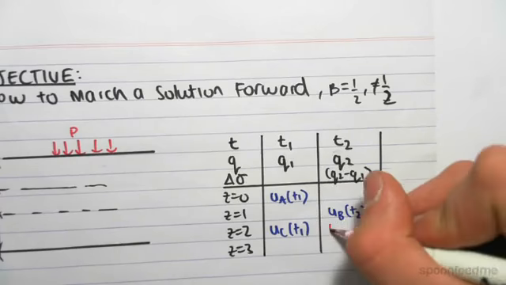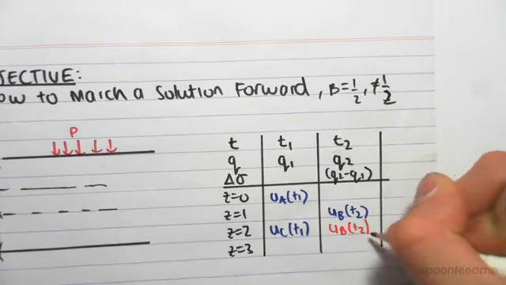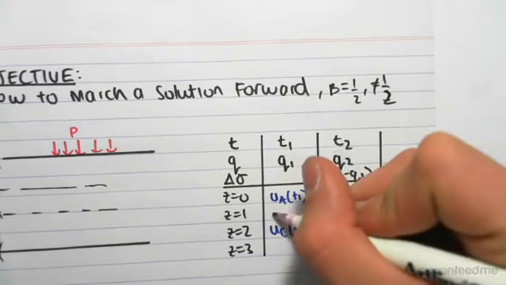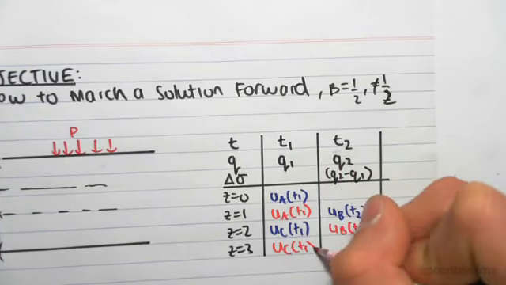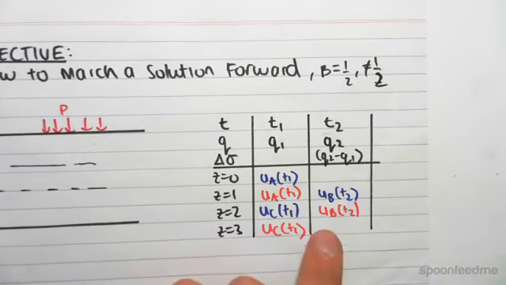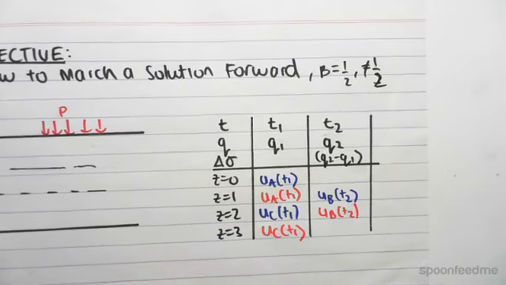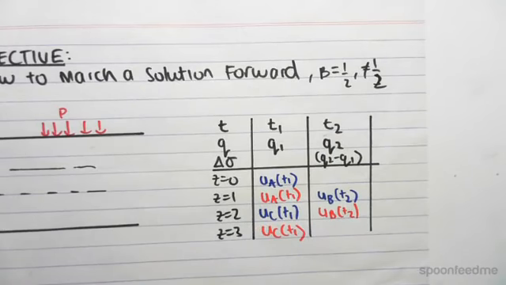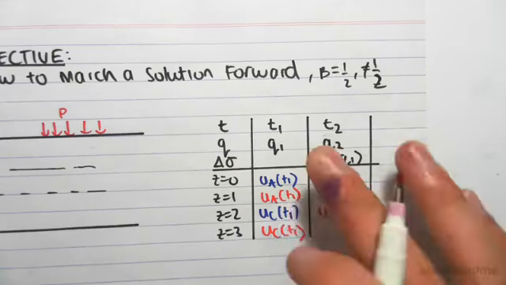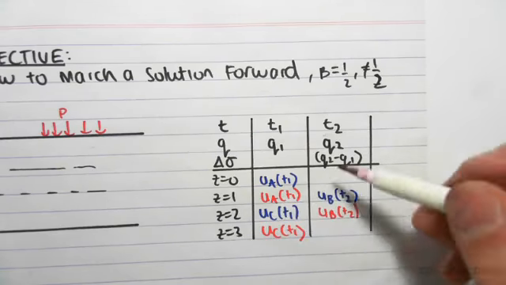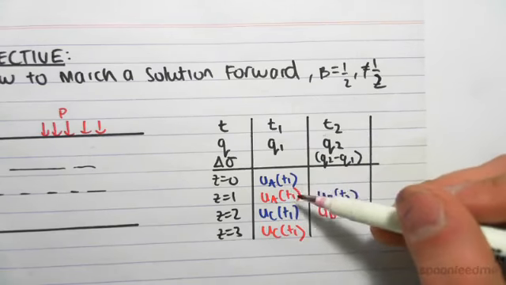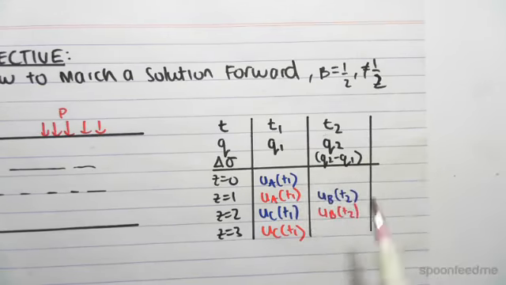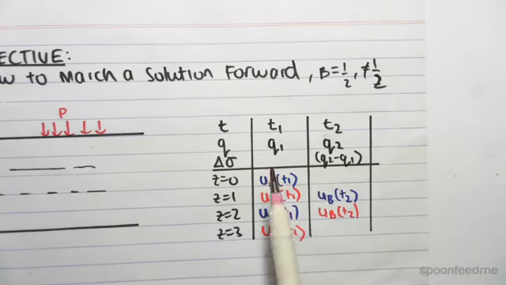The same thing applies here. If this was UB at time 2, if I want to find this value, it would be UA of time 1 and UC of time 1. Okay, so UB, UA, UC, and time 1 and time 2 are not restricted to a particular value. They move around. Okay, just know that the A's and C's are above and below, and the previous times are above and below. And this can also be marched forward for as many